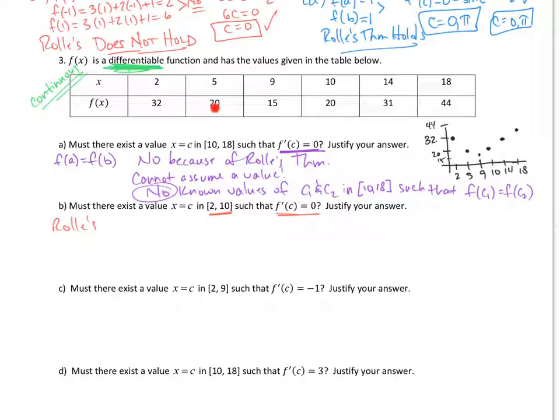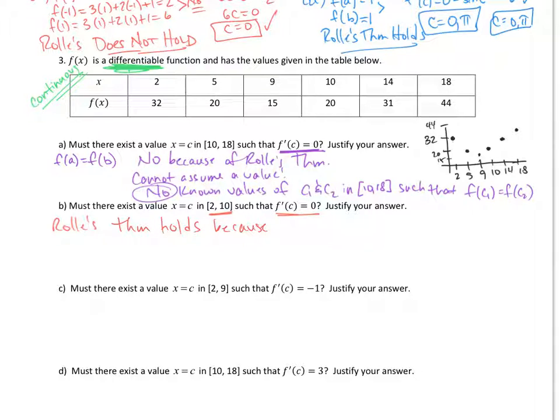Oh, something I notice. Look at that. From 2 to 10, I notice that those have the same value for f of x. Graphically, from 2 to 10, if I'm connecting this from 2 to 10 over here, notice that these two have the same height. So yes, there will be a value in there. Since these two have the same height, according to Rolle, f prime of c will be 0. So for this one, we will say Rolle's theorem holds because